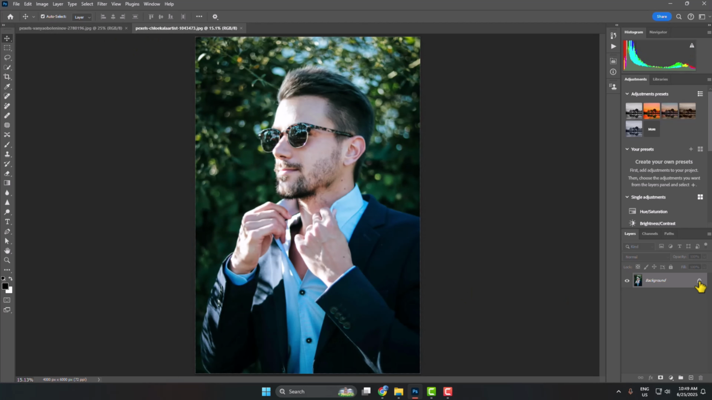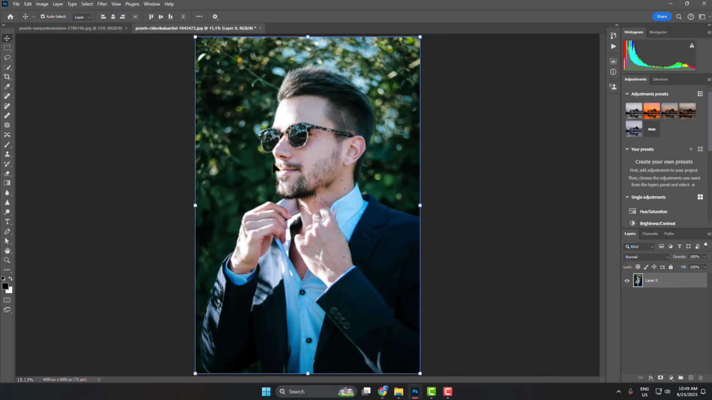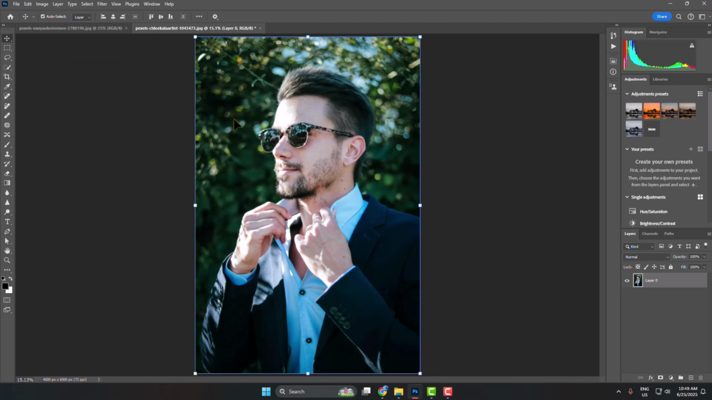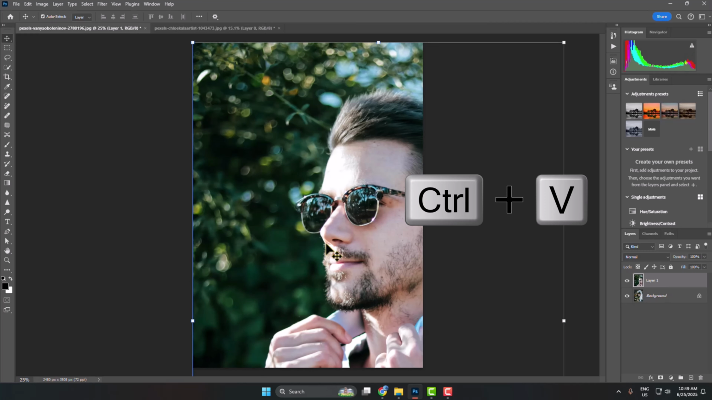First of all, unlock your image layer and then click on Select, click on All to select your entire image. Then go to Edit, click on Copy, or you can just press Ctrl C to copy your image. Now go back to your target project where you want to paste the image, then press Ctrl V and your